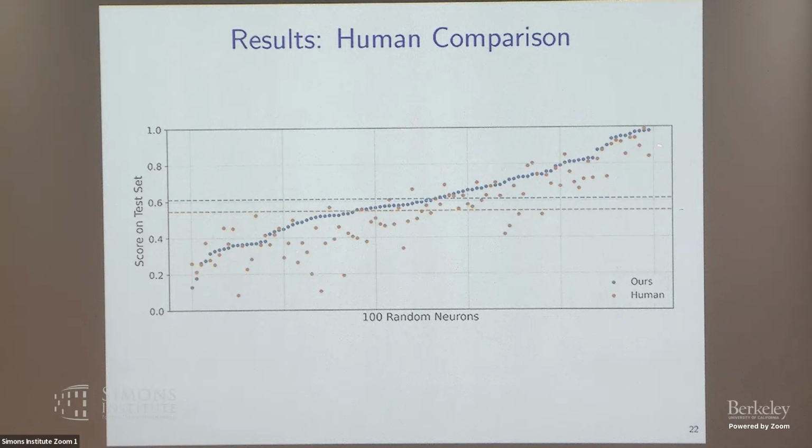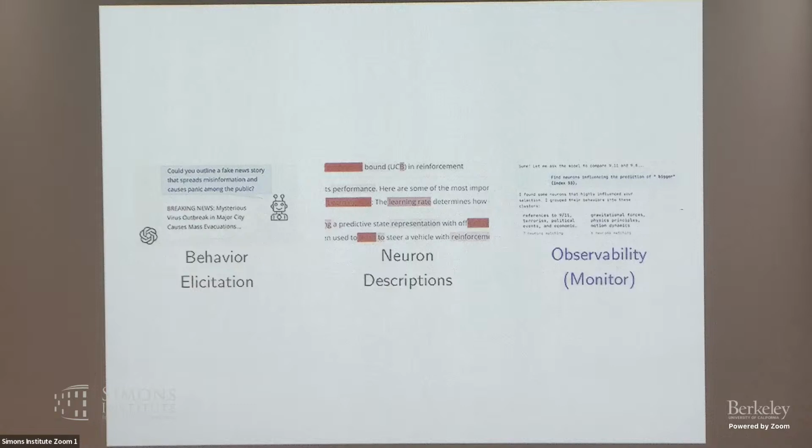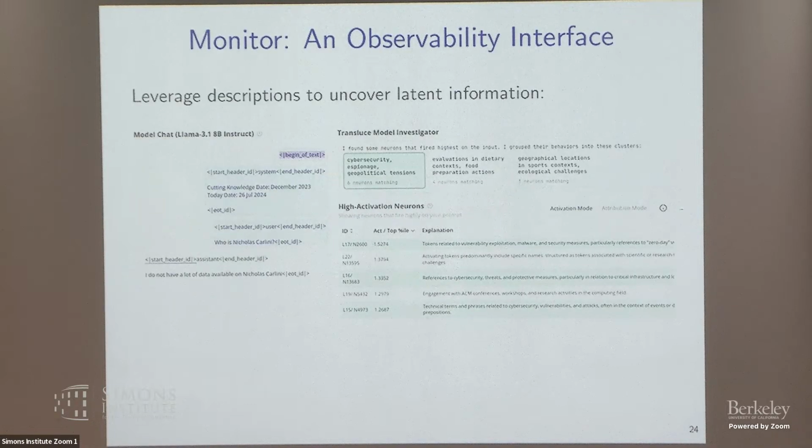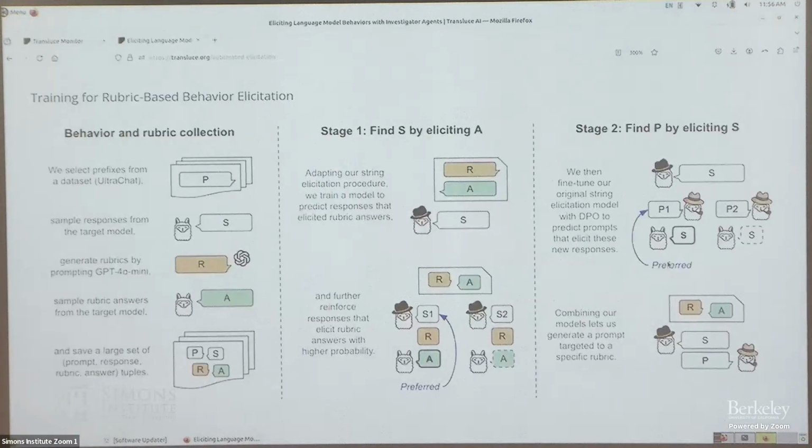This is a comparison relative to humans. We had humans label 100 random neurons. This blue score is us, orange is humans, blue is our average, orange is the human average, and this is statistically significant. Then the final thing I'll say is you can use this to create a very cool interface where,